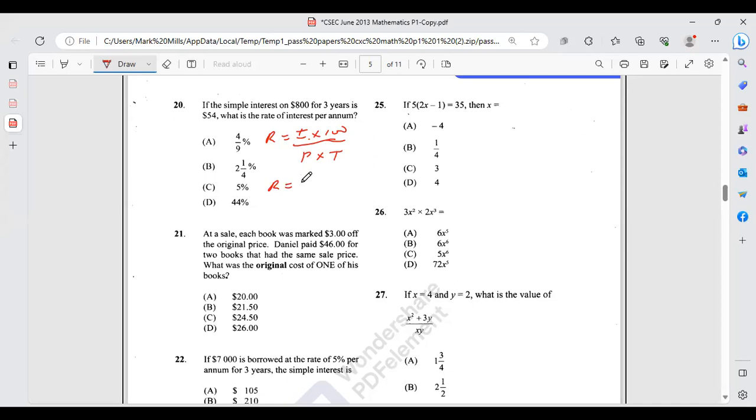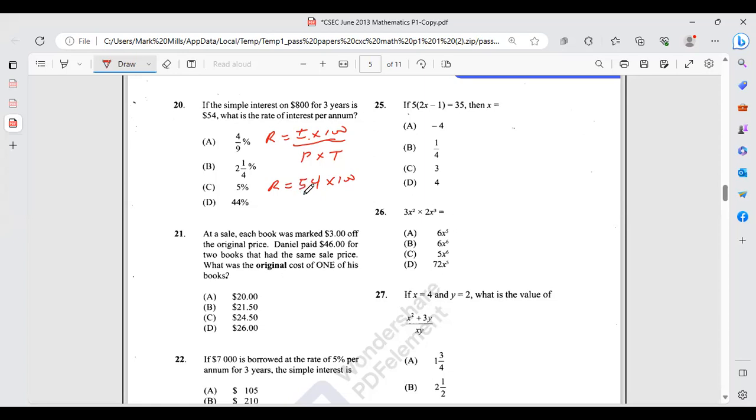800. No, read the sentence again. 54. All right. Now always remember that the interest should be smaller than the what? Principal. The only way the interest should be bigger than the principal is if you are doing scamming work. Right? Scamming job. Now, here we have 54 times 100